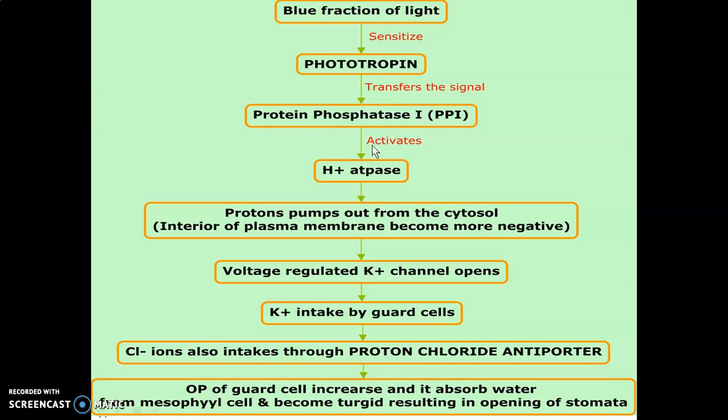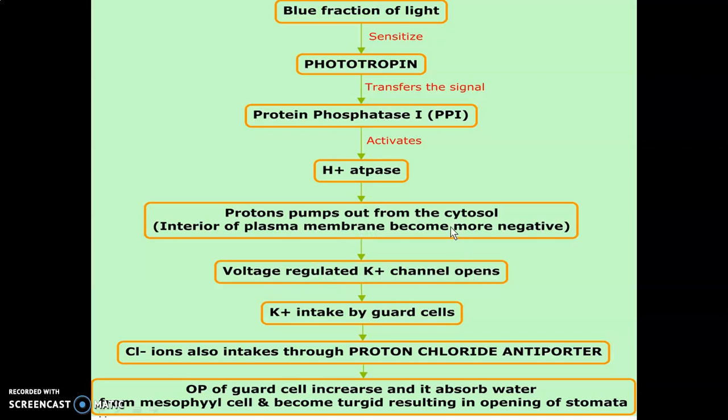That protein phosphatase activates the H plus ATPase pump, and due to activation of this H plus ATPase, protons are pumped out from the guard cell cytosol, and due to outward pumping of these H plus ions, the interior of the plasma membrane becomes more negative, meaning guard cell inside becomes more negative,